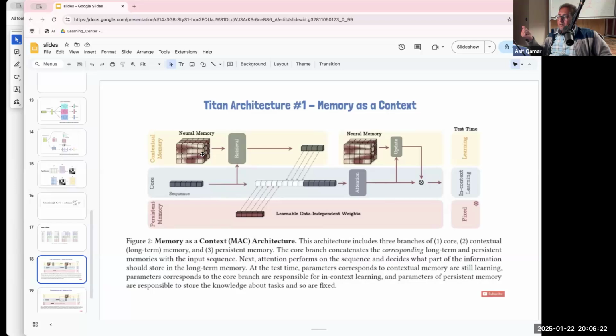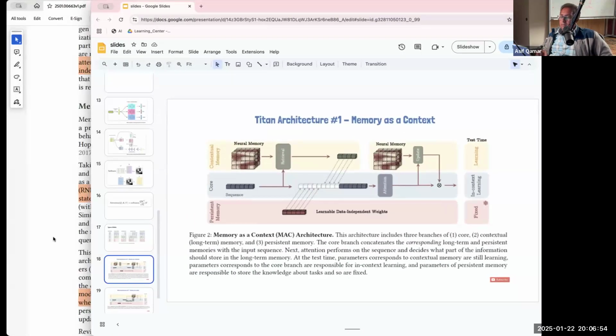I mean, after a while, in a real human, we all know that we may remember some incidents for a long time, but after a while, you slowly start forgetting. Initially, you will forget the details, and then after a while, you will even sometimes forget the whole event. So forgetting is also another important characteristic of this neural memory. We are going to mathematically see how we are going to model it. Let me go back to the paper.